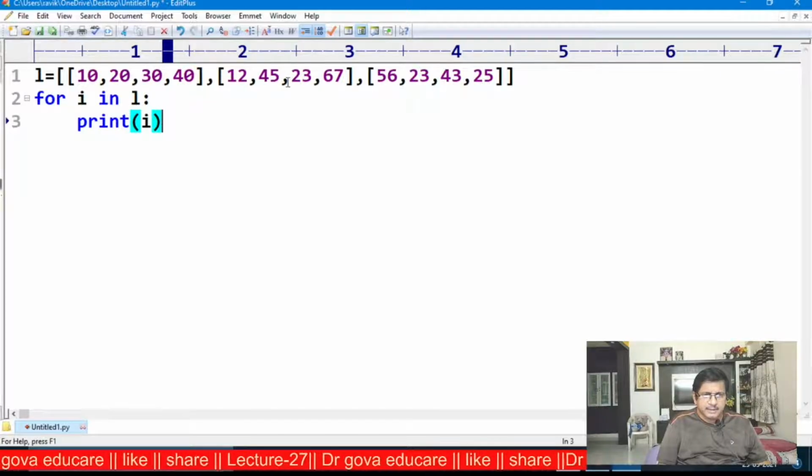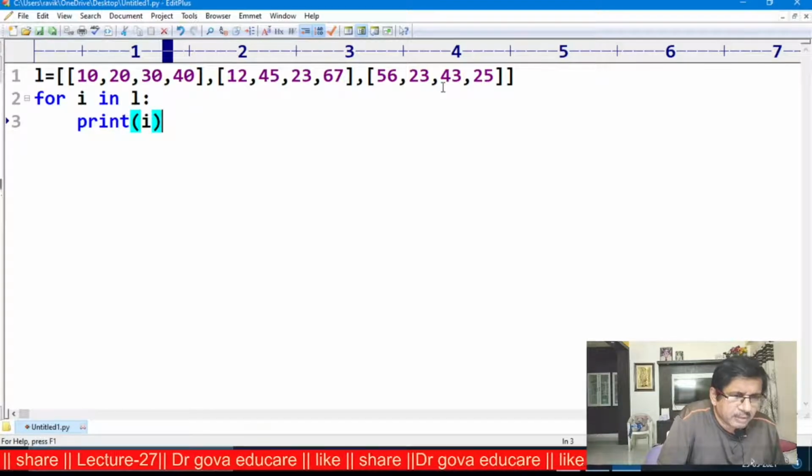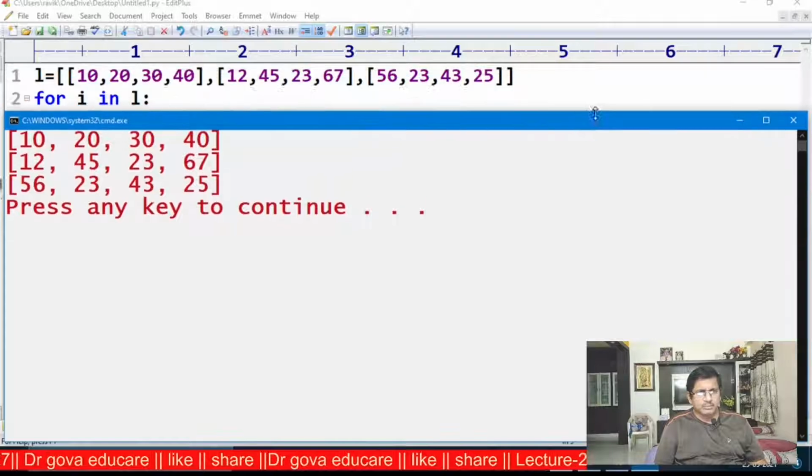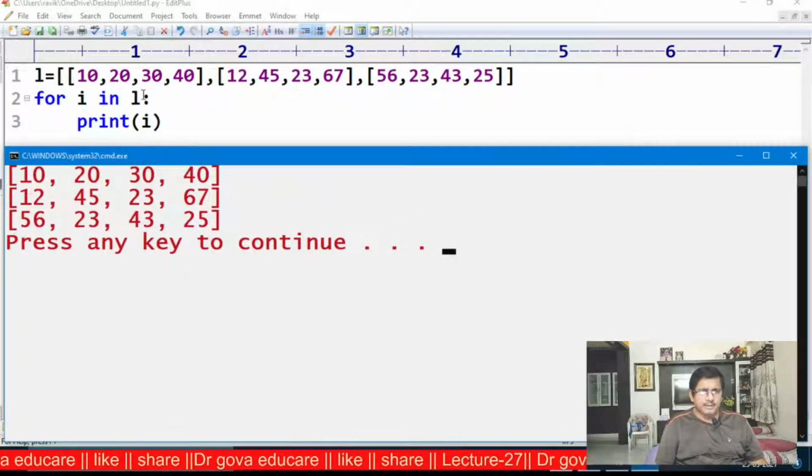I takes this element, I takes this element. Now I am executing this. Observe here. Now the first row, that is this list. Second row, this list. Third row, this list will be displayed on the screen.